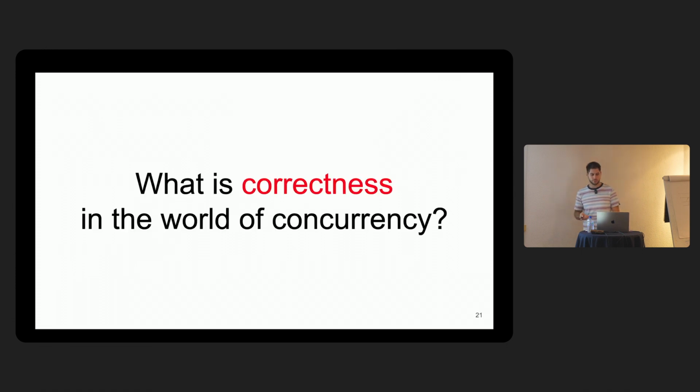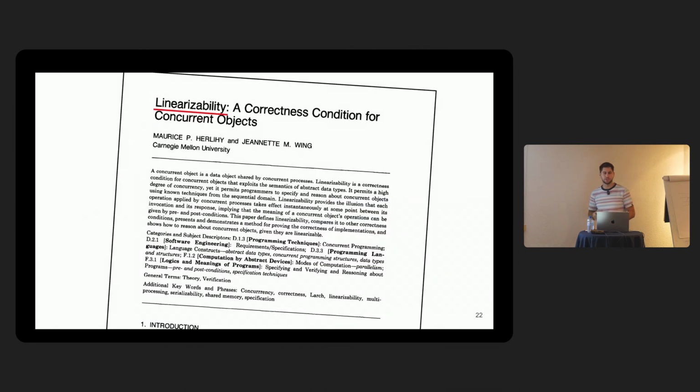But the first question is, what do we want from this data structure? What is correctness? So what is correctness of a concurrent data structure? How to define it? So in the first day, I think you learned that. It's linearizability. So by default, if you say that your data structure is correct, you mean linearizability. Of course, there are various relaxed contracts. Sure, but usually if you see that your data structure is thread safe, atomic, or just correct, usually it implies